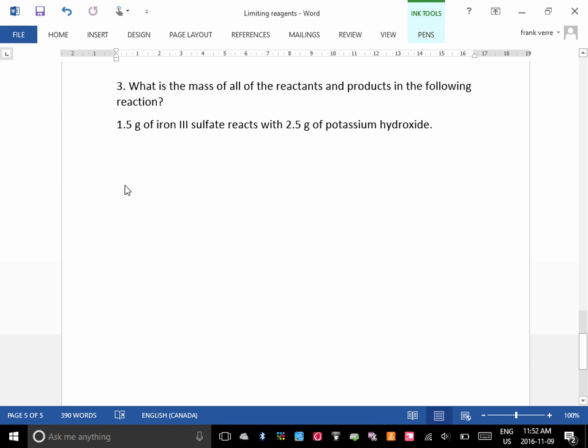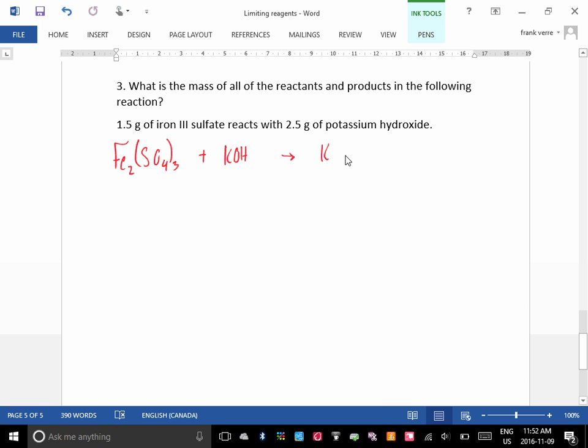Iron III sulfate would be Fe, and sulfate is SO4, with a charge of minus 2. Iron is plus 3. So how many sulfate do you need? 3, and 2 iron. And that reacts with potassium hydroxide, KOH, and that gives us